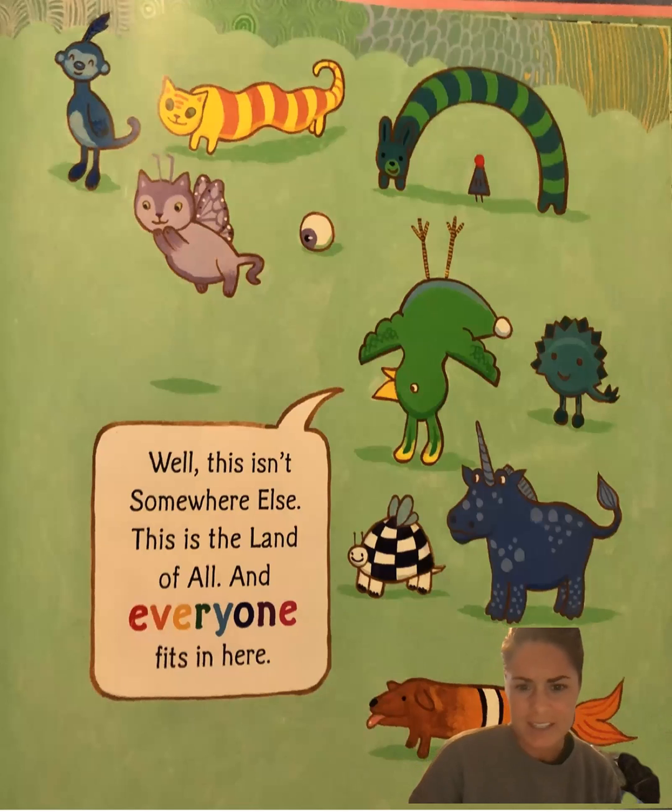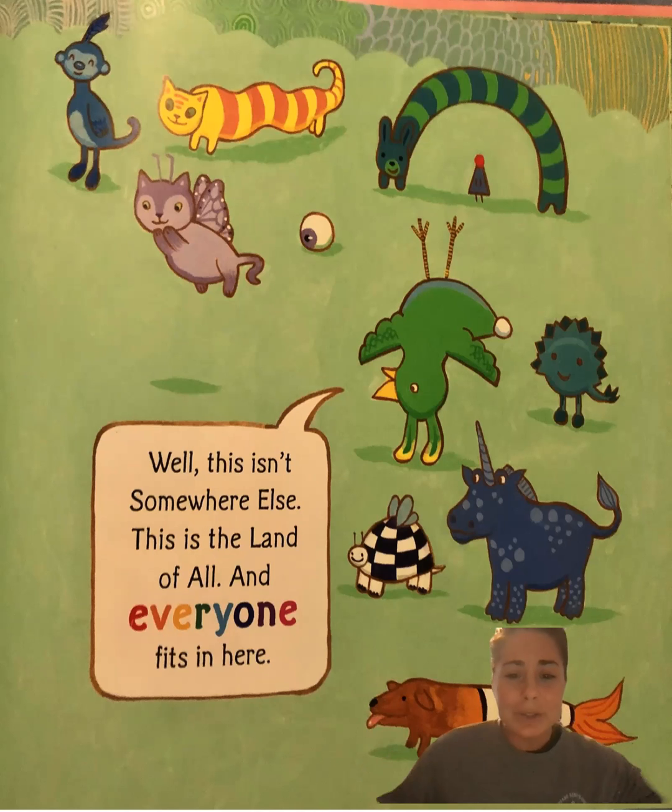And why? What's your evidence? Why are they so happy right now? What's the evidence to your solution? What's the reason? How did it get fixed? He found a place where everyone was accepted, right? That they included everyone. We talked about including a long time ago, where they all could play together, no matter